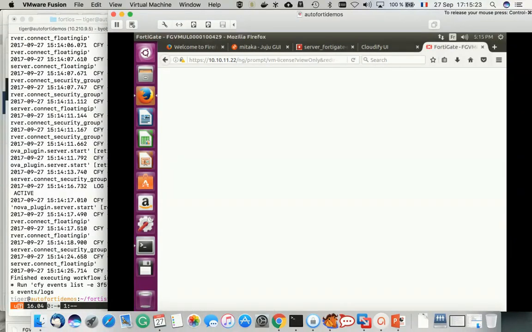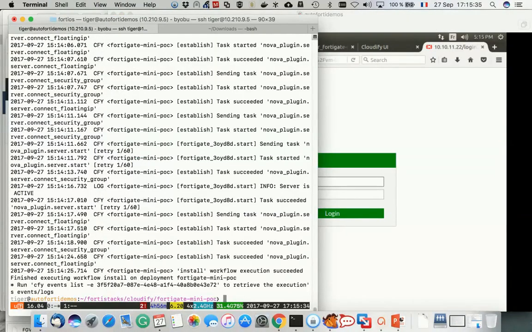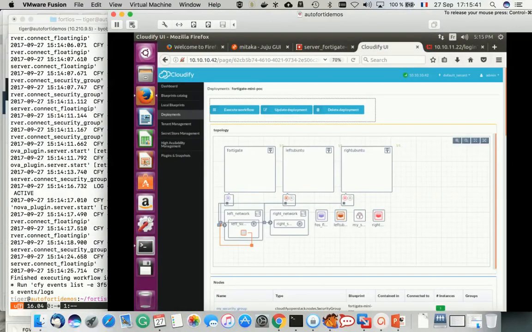So it shows you it's the same. Just need a bit of time to register to Fortinet. And here we go. So starting from there, you can use Cloudify, you can create your own workloads, and the